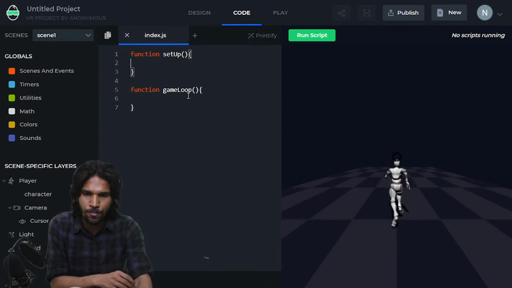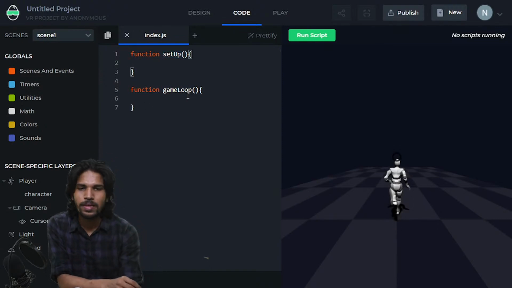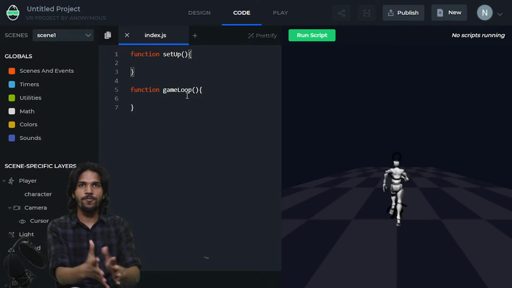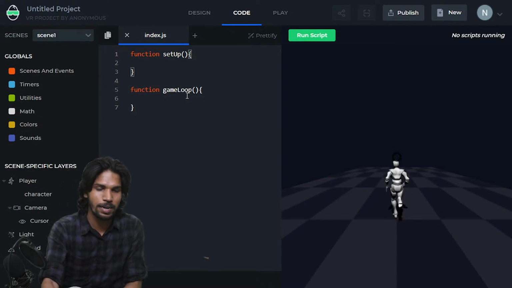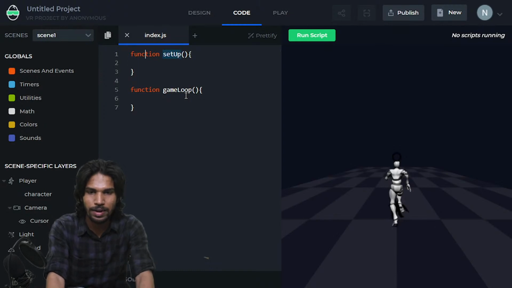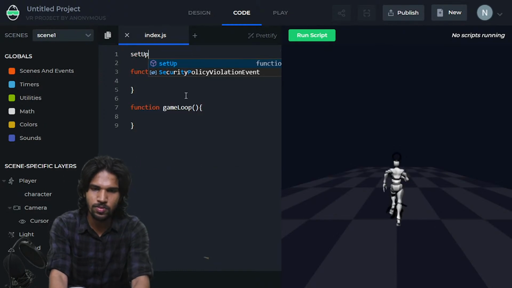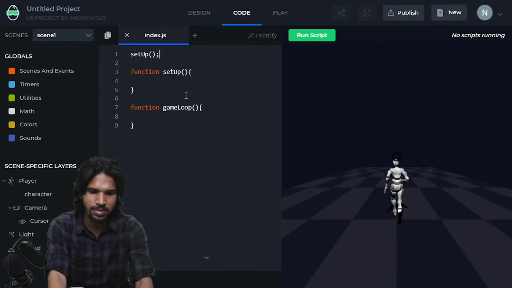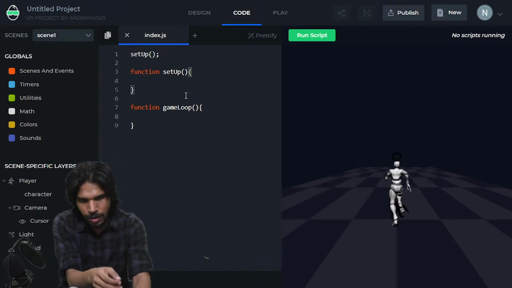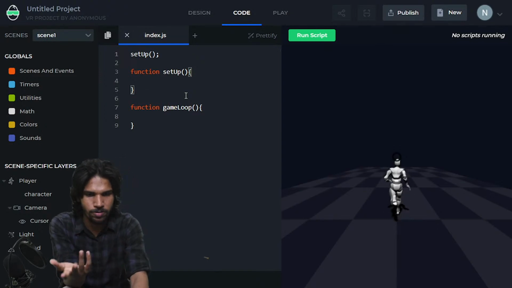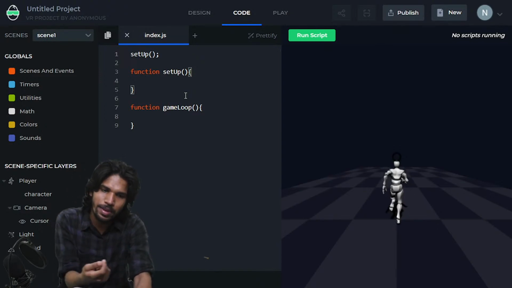And in the setup function, all the properties of my game when it needs to start, that is what I define in the setup function. So basically the setup function is going to be called at the starting of my game, and whatever properties we set here, we will set here, and then we are going to run